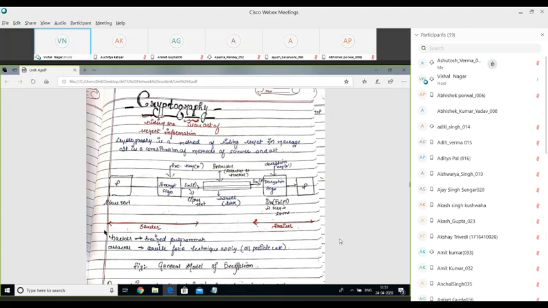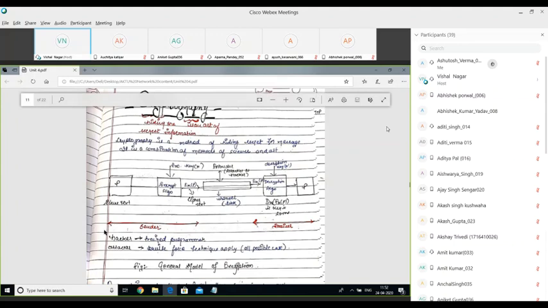Why do we use this cryptography system in our communication? Because when the data is on the communication link, it is actually not safe. Any attacker, any hacker, any cracker can attack this data, and it can destroy or change the meaning of the content. So to protect the data, we need to apply the methods of cryptography.